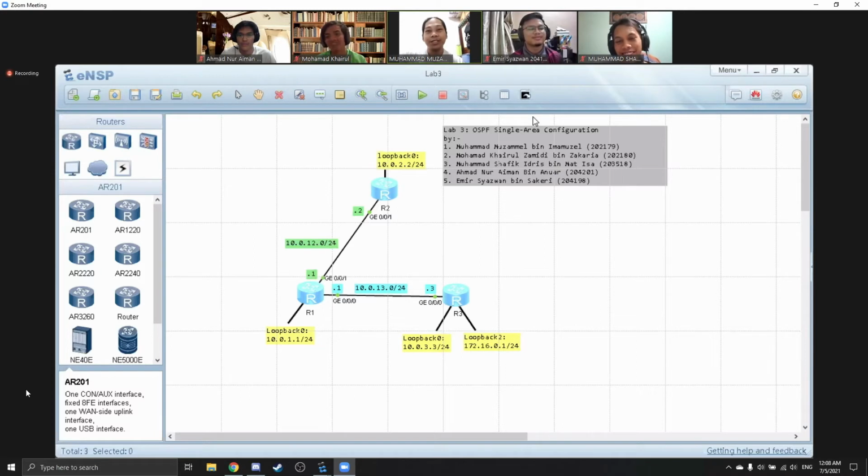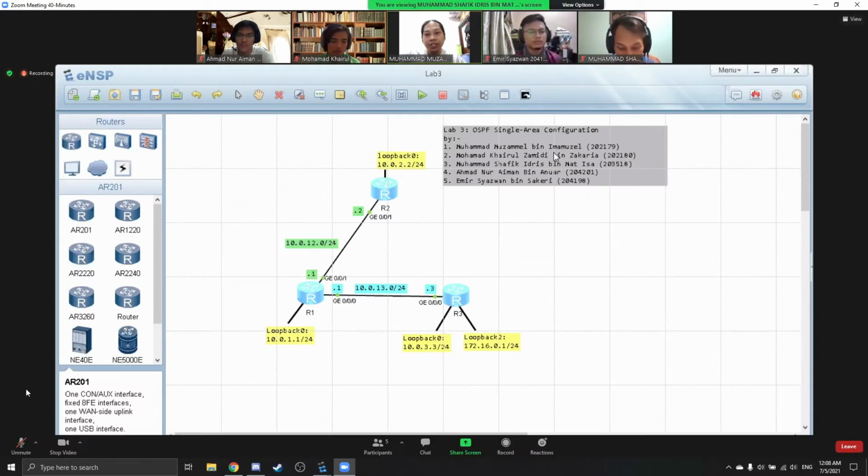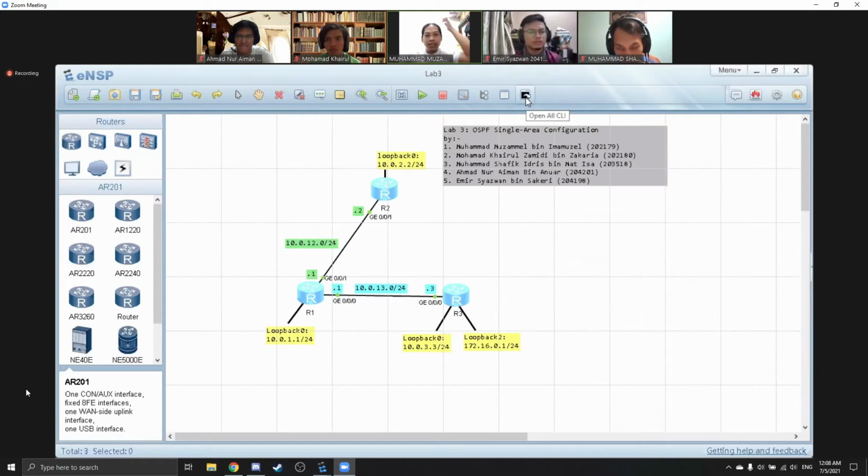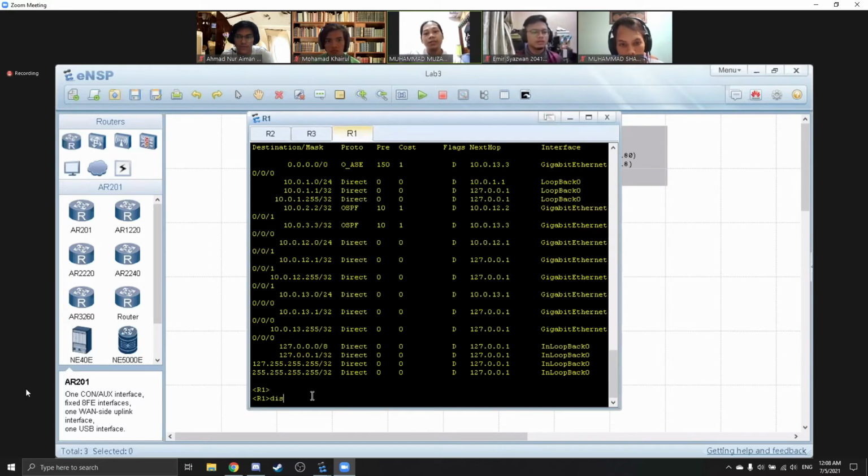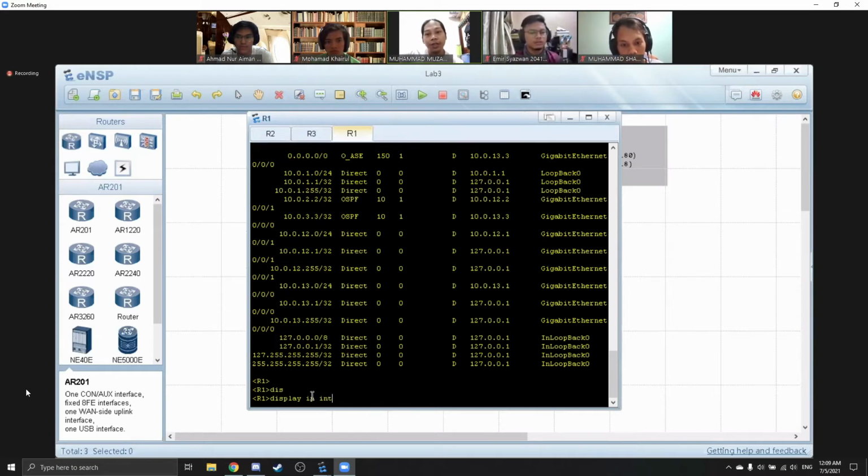So before we start our configuration, we have to read the scenario given. As the network administrator of an establishing small enterprise, it is required that a network be implemented using OSPF. The network is to support a single area, and with consideration for future expansion, it is requested that this area be set as area 0. OSPF is required to advertise default routes and also elect both a DR and BDR for network resiliency. Firstly, we have 3 routers with an IP address assigned for each router and the loopback address. To see the IP address and the loopback address, we have to use a certain command, which is